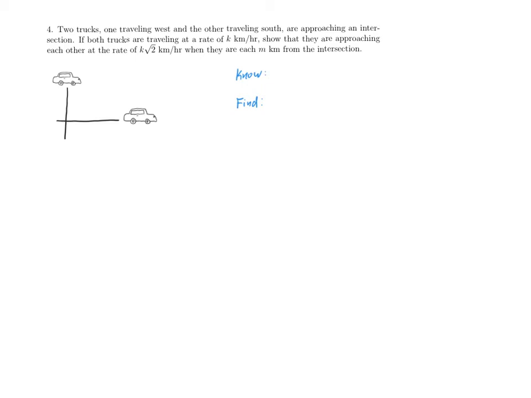So let's get a little more information in. I'm going to let, in each case, a dot represent the location of the car. In the problem statement, we are told that the vehicles are traveling at k kilometers per hour. So for example, if I let x represent the distance the car traveling from the west is away from the intersection, and if we let y represent the distance that the car traveling south is away from the intersection, what we know is that dx/dt is equal to dy/dt, and in this case they're both going to be minus k